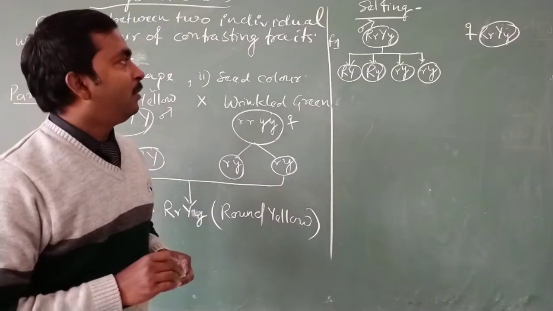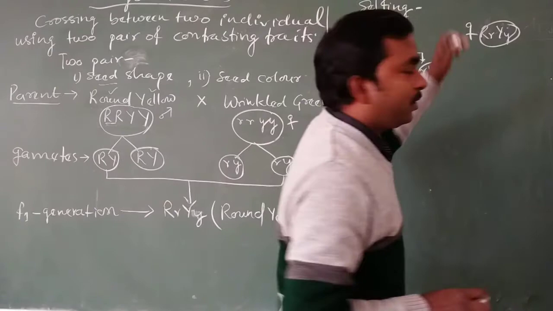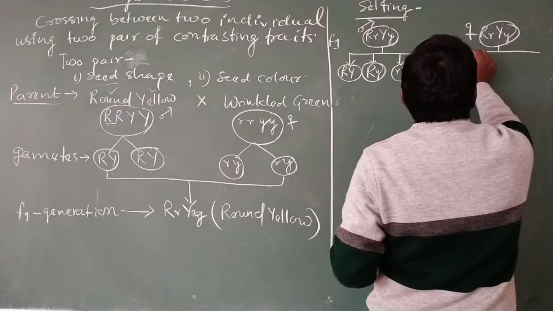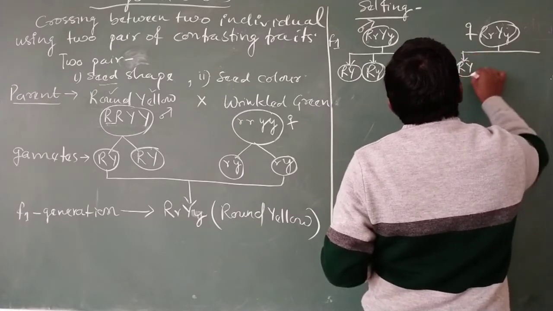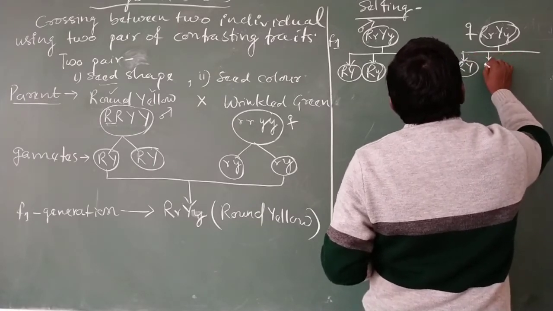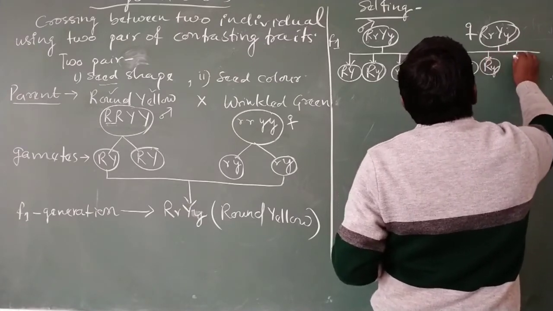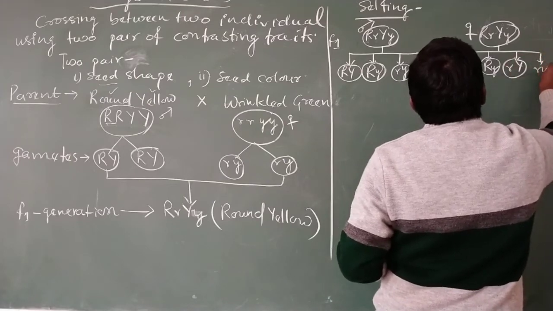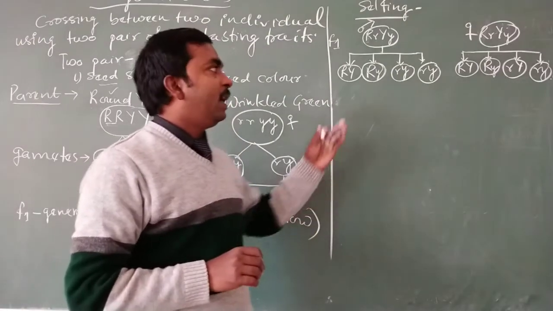Small r small y. Now the same possibility for gamete formation applies in the case of female. So there will be 4 kinds of gametes: capital R capital Y, capital R small y, small r capital Y, and small r small y. So if we fuse these gametes